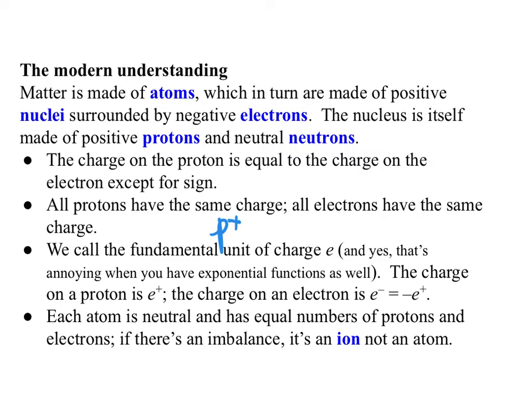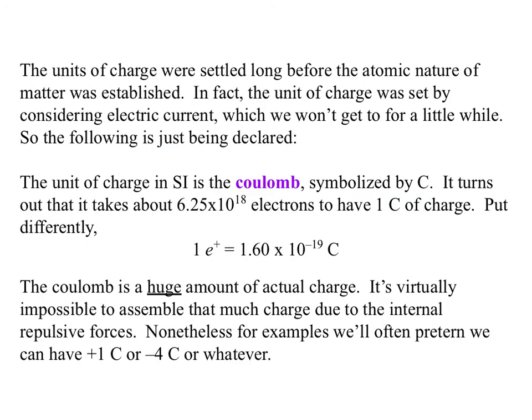Each atom is neutral and has equal numbers of protons and electrons. If there's not an equal number of them, then we have an ion, not an atom. This is something that chemists really focus on, and physicists are, as is our wont, a little bit more sloppy than that. The units of charge were settled long before the atomic nature of matter was established,